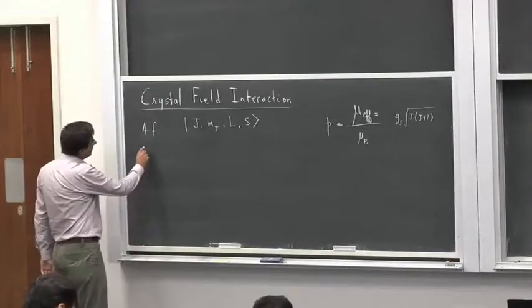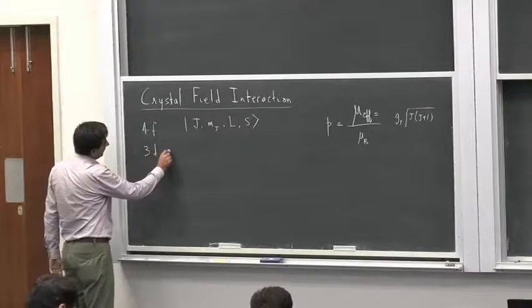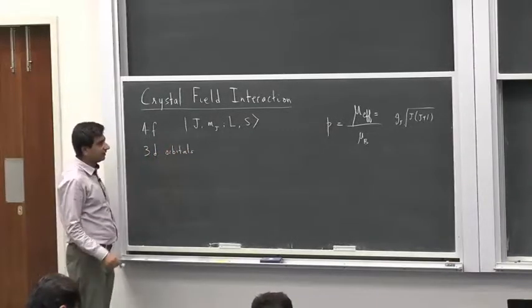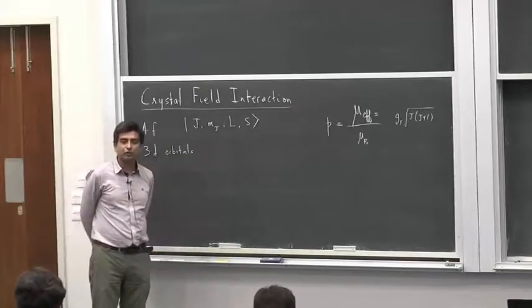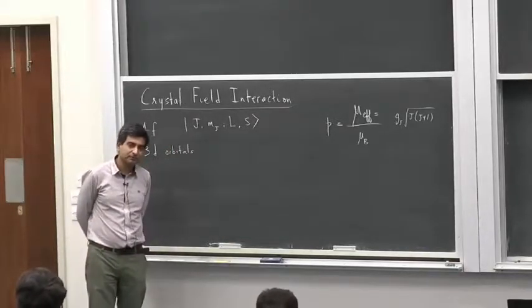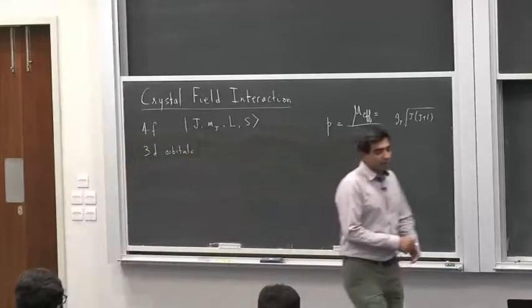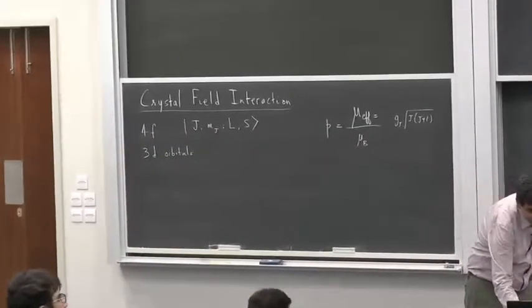However, in the 3d orbitals, the situation is totally different. We've seen that L and S are no longer good quantum numbers. So how do we describe this effect? If you look at this curve over here,